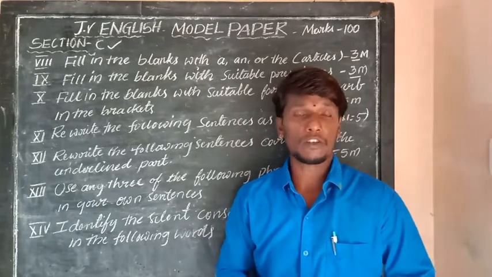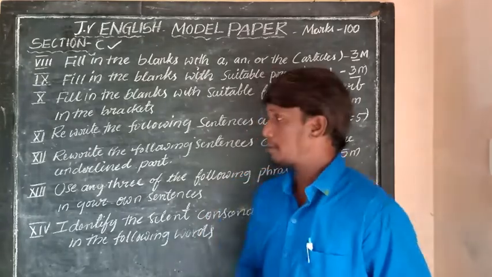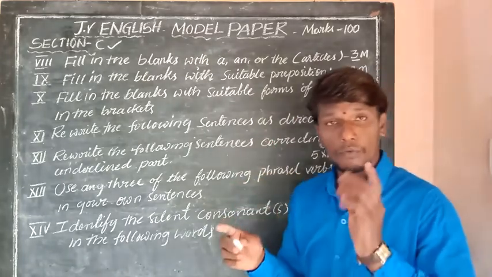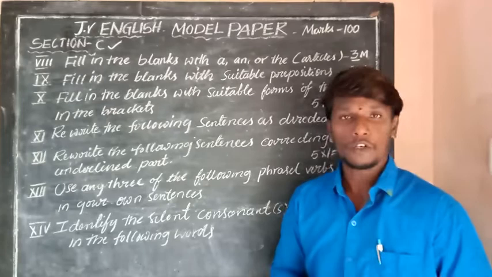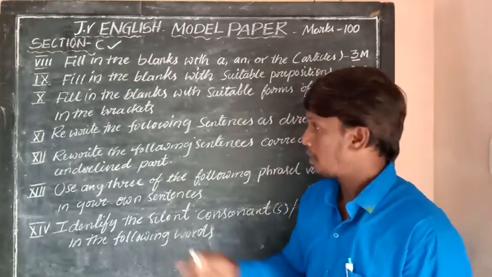So 5 different grammar topics and 5 questions will be tested, and each question carries 1 mark, so 5 into 1 is equal to 5 marks. Okay, I think you understand. Now let's move on to the question number